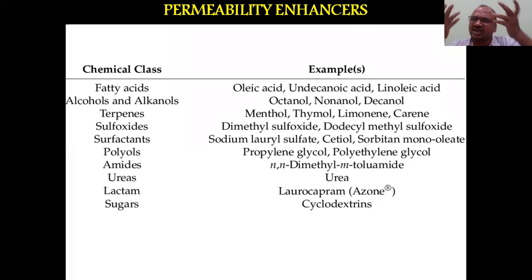Now, skin permeation also, and permeation from the GIT, the gastrointestinal tract, from the intestine, from the stomach. You can use the intestine. These are the permeability enhancers, and a number of permeation enhancers are there. In a tablet, you have to combine them: the poorly permeable drug acyclovir plus oleic acid. You make a tablet, then see the permeation. Compare it with the acyclovir-alone tablet in the market, and you will see the improvement.